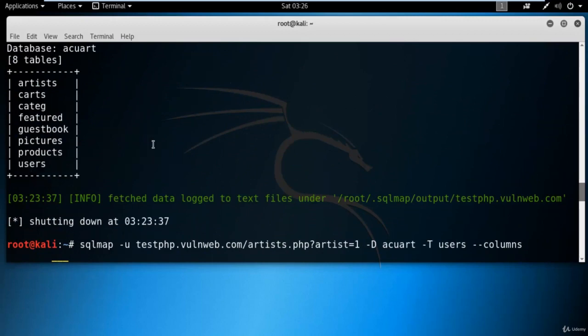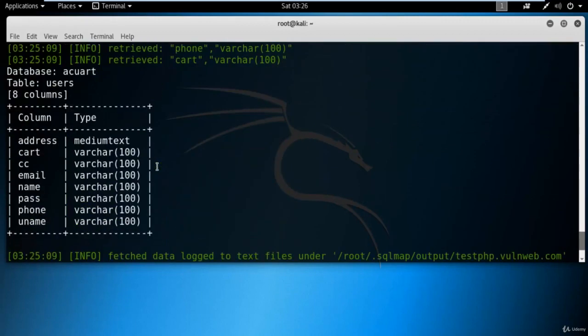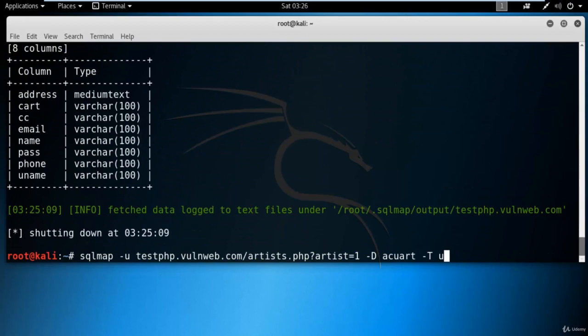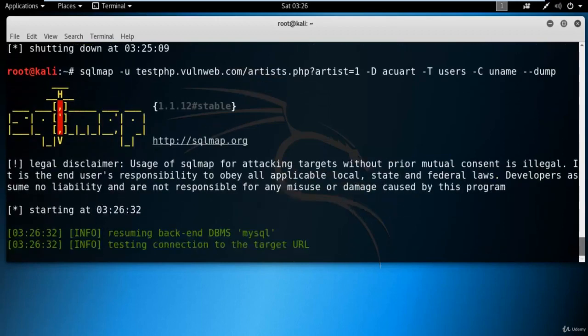Inside the users table we are trying to find the column, so the column name is uname. You can type capital -C and uname, space --dump. Finally, you need to type --dump to extract the information about the username from these tables. Hit enter.